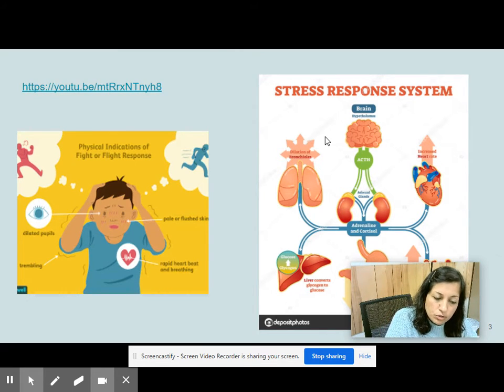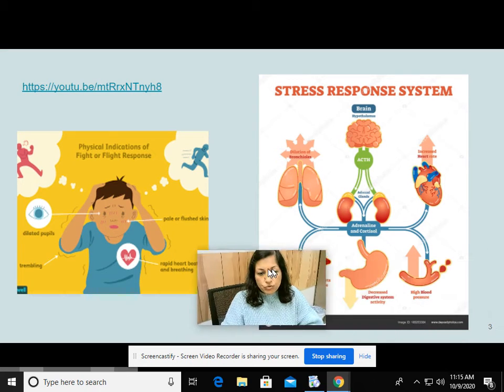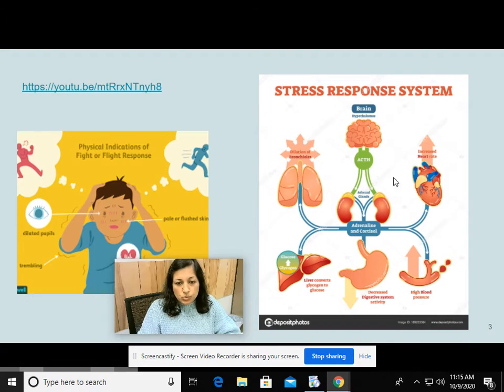So your heart is going to be beating much faster, your eyes are going to be dilated, you're going to feel very alert, your breathing rate will be very fast. Maybe you are trembling at that point also. So this is what happens inside. Our five senses perceive the threat around us in our environment and send that information through our nerves to the brain. So that is part of our nervous system.